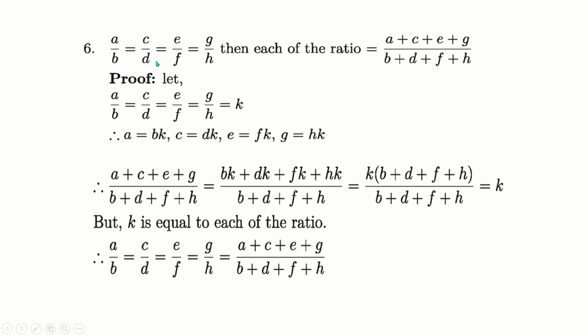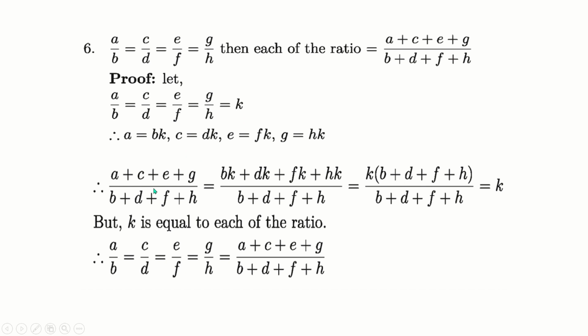The given ratios are equal. If the ratios are equal, then we can write (A plus C plus E plus Z) divided by the sum of the denominators. That means summation of numerator divided by summation of denominator. Let this be equal to K. Now we can write A equal to BK, C equal to DK, E equal to FK, Z equal to HK. Okay, therefore